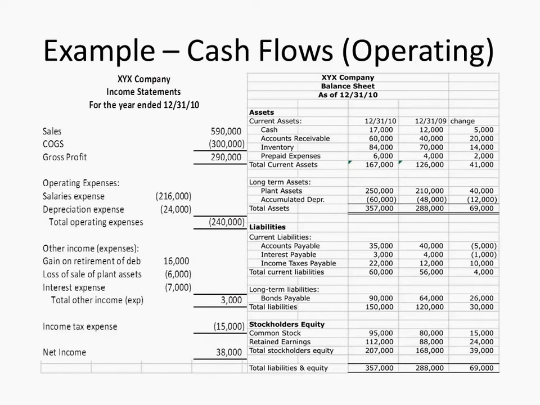Next, we have income tax expense, $15,000. What are one of the two journal entries that you could have made for income tax expense? You could have debited income tax expense and credited cash, or you could have debited income tax expense and credited income taxes payable. So is there an income taxes payable account here? Yes. And what happened? It increased by $10,000. What does that mean? You paid less, right? You have a $15,000 expense, and the payable increased. So you have to subtract it. Okay?